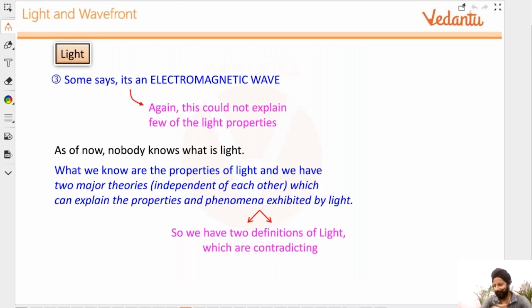And as we already did a very brief introduction to relativity, we saw light is special, right? It's the only thing that can travel with 3 times 10 to the power 8. And it is the only thing which has an absolute number. 3 times 10 to the power 8 is an absolute number. It's not a relative kind of thinking. It's absolute.